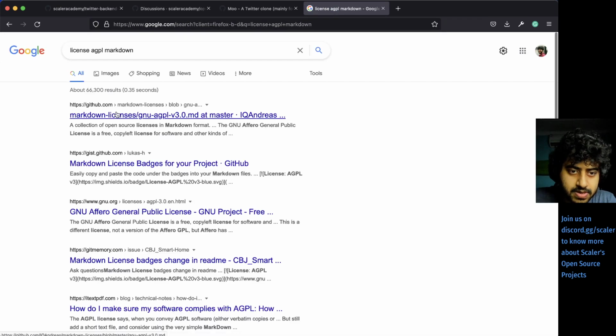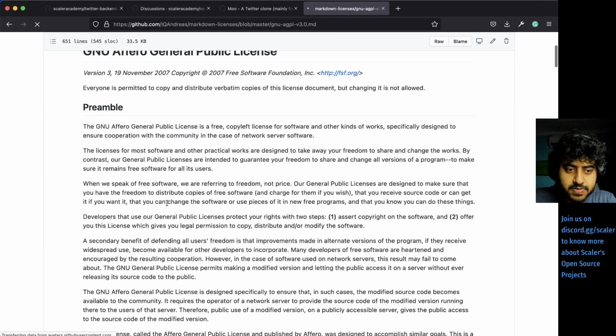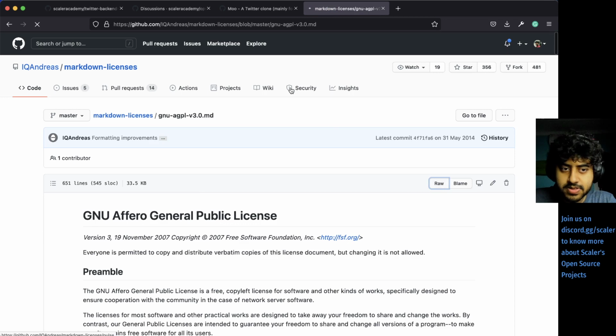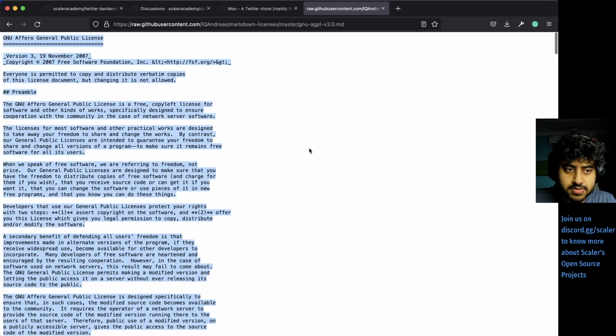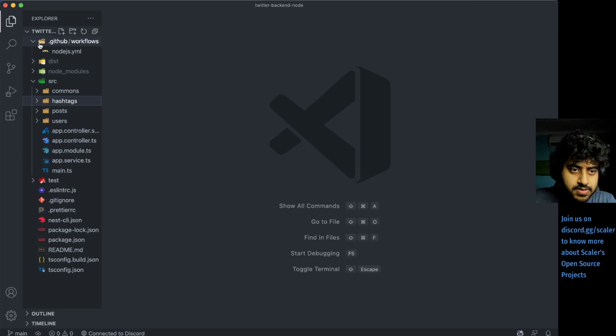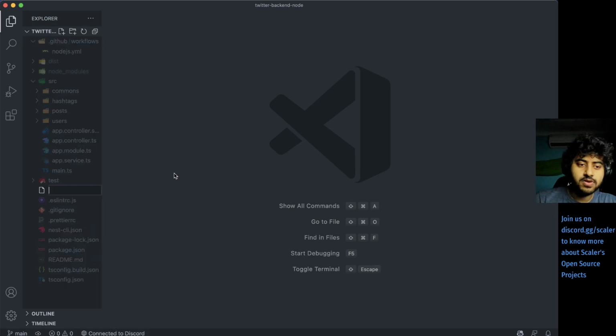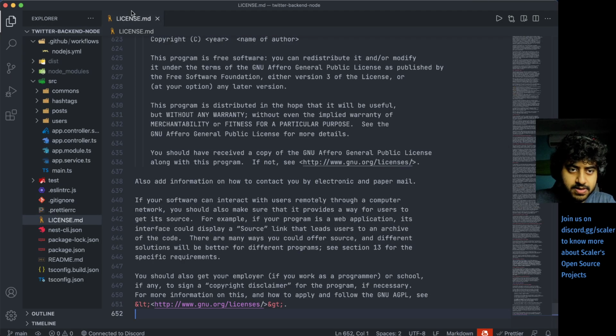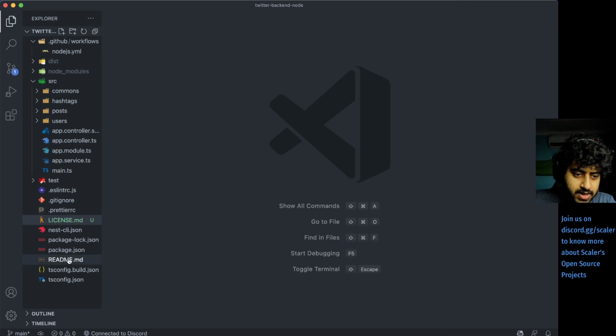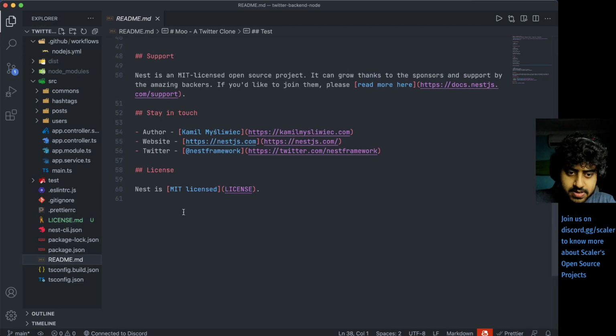Let me get the AGPL license. These are also important things that you need to do when you're working on an open source repository. Okay, you should have a license. So I've added the AGPL license here. In my README, I should add a